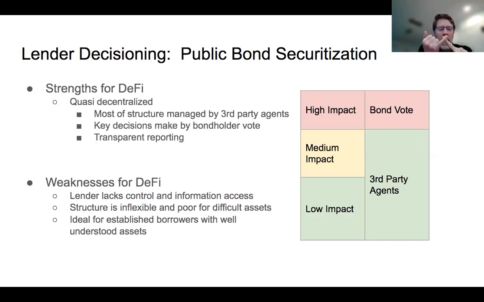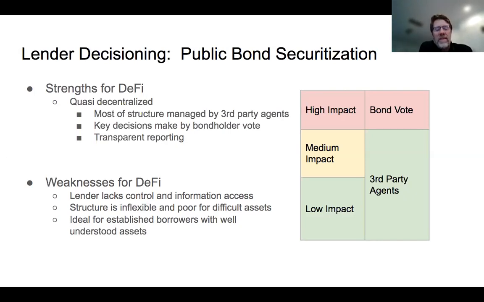It is transparent. And the other thing I should have said here, I'd say there's a level of almost anti-fragility where you can replace the different key parties. If you don't like the servicer, you get a new servicer. If you don't like the trustee, you can replace the trustee. Though I will say that takes a bondholder vote, so that's not easy, right? So in theory, there's a lot of ability to adapt and make it anti-fragile. In reality, it's very hard to get those votes. So I would say that's a bit more qualified.